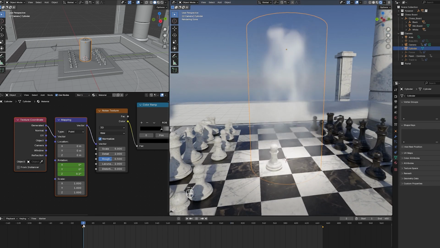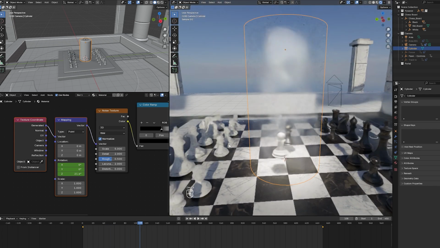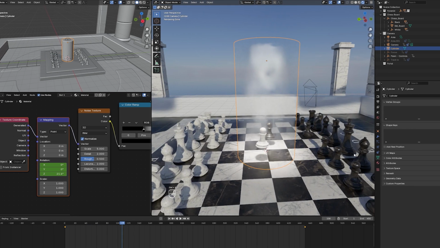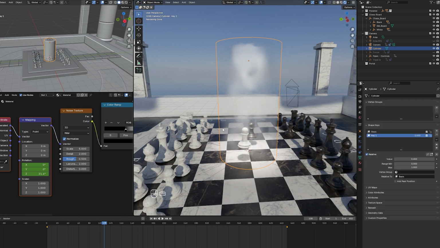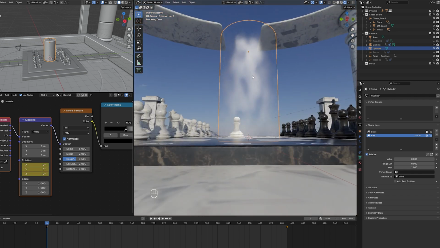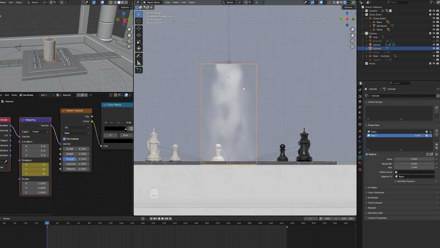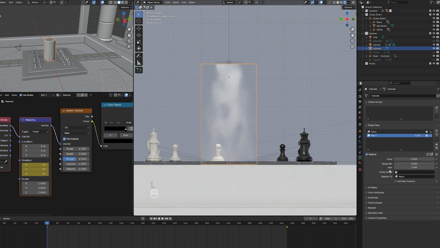So what would be cool is to have this thing appear. I don't usually do it, but maybe just for the sake of this video, I will use shape keys to do it. So at the very beginning, this thing should look like this at the very beginning. Okay. Oh, wait, see, for example, here,